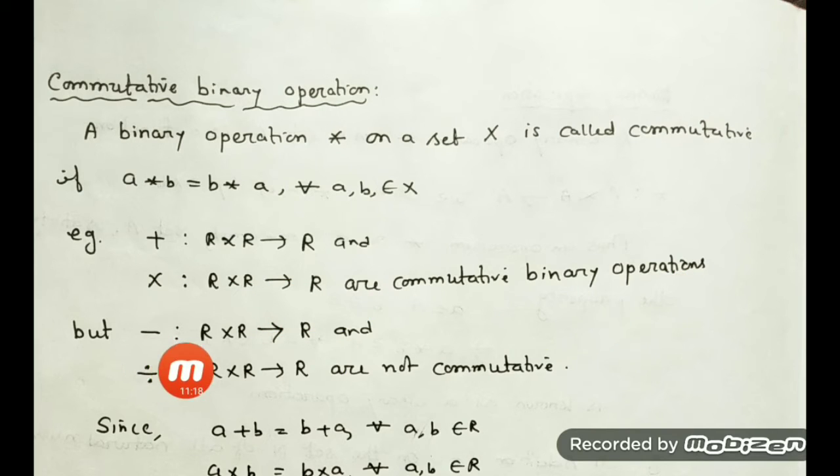But you see, in the case of real numbers, minus is not commutative. Minus is not commutative because if I take two real numbers, suppose 1 and 2, 1 minus 2 is minus 1, but 2 minus 1 is equal to what? 1. So here you can say that minus is not a commutative binary operation. It's a binary operation, but it is not commutative. Same is true in the case of division. When we divide two real numbers, the answer is a real number, but if you change their position, the answer is not the same. For example, 2 by 3 is not equal to 3 by 2, right? So this is not commutative.